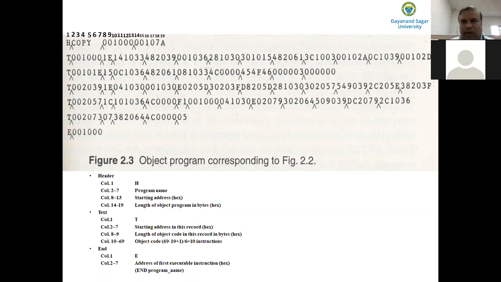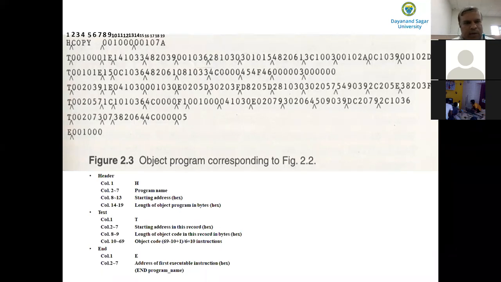Any doubts in writing the object program? No, sir. Got it now? Later we'll have some exercises where, given a SIC assembly language program, you have to translate that program into object code like this.